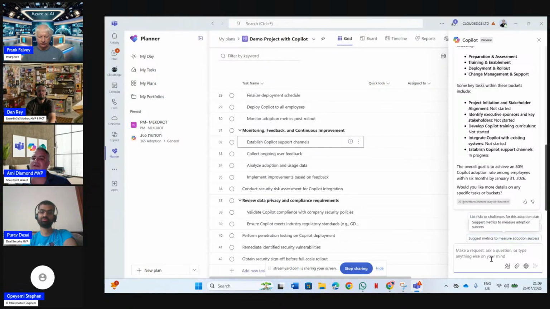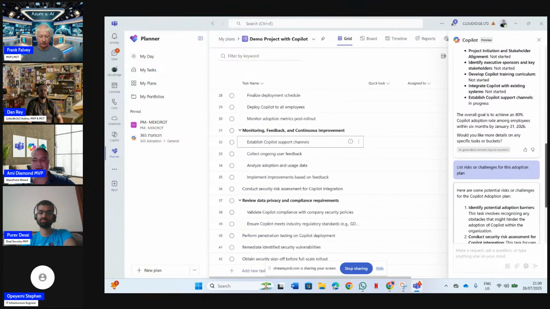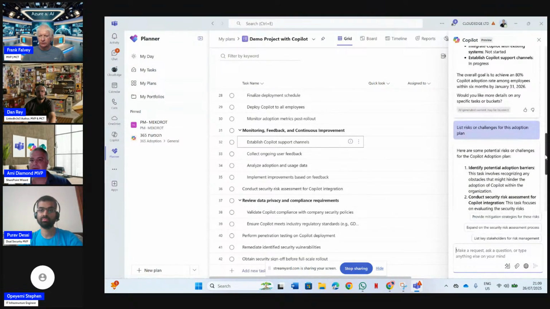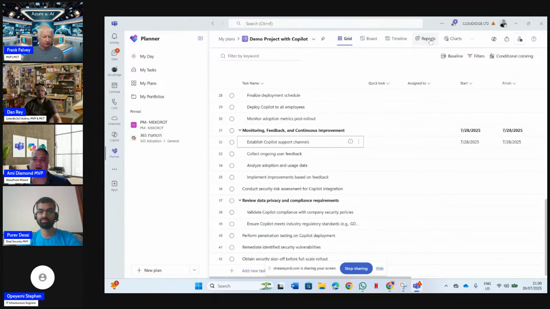Now it offers all kinds of things here. So, list risks and challenges for this adoption. Now, the more information we have here, the more information the AI can provide. That's the risk. Okay, it writes this. Now let's try maybe